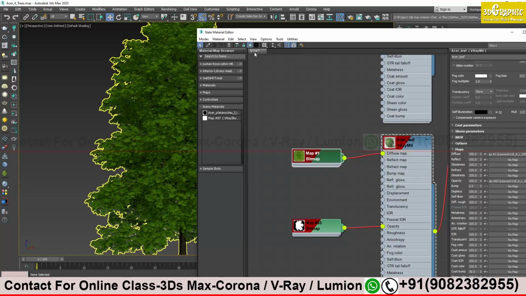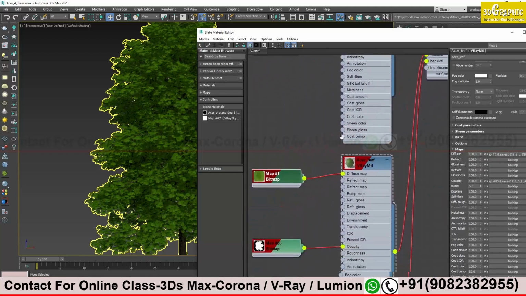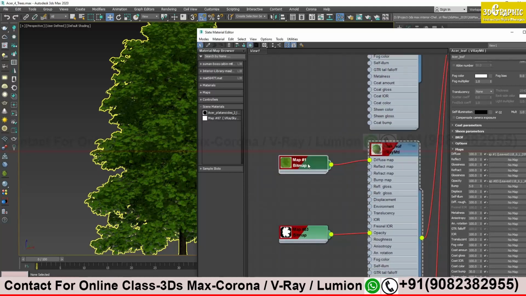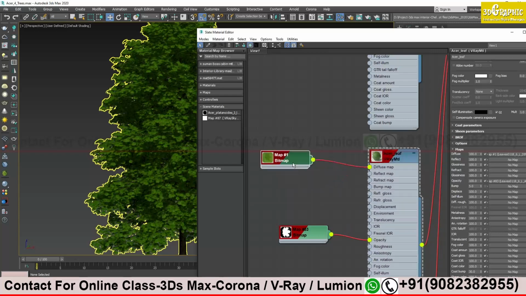Click on the bitmap and again show on bitmap. Try the bitmap as well. If this does not work, then clicking on bitmap and show will definitely show it in your viewport. You can do either the main material or the texture also.